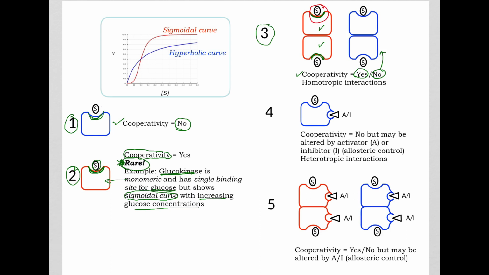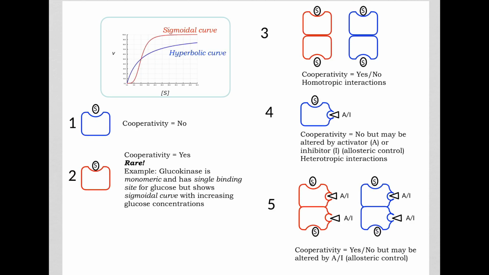Since this ligand here, substrate, and this ligand here, substrate, is the same ligand, we say the interactions between these two are homotropic interactions. So the interactions between these two ligands on the enzyme are homotropic interactions, the same ligand. In this fourth example, we have an enzyme, once again, with only one binding site for the substrate, but